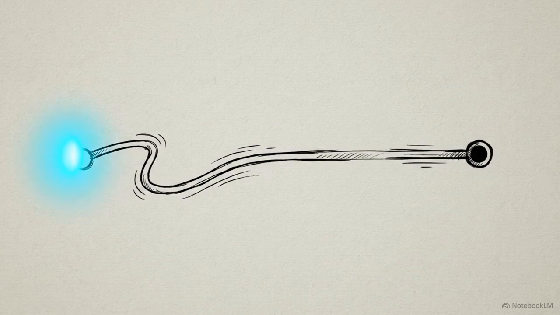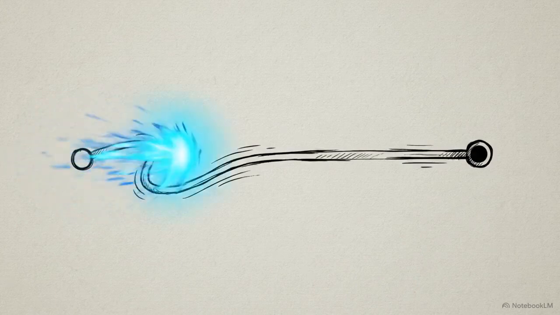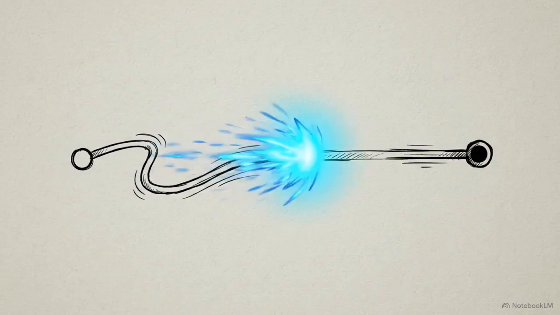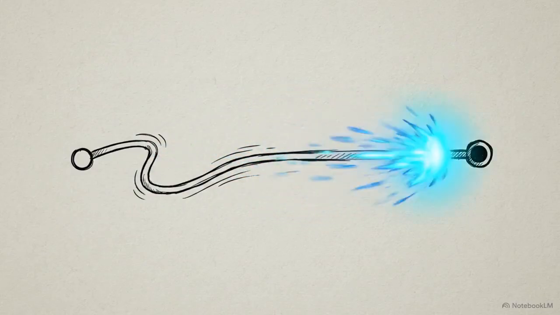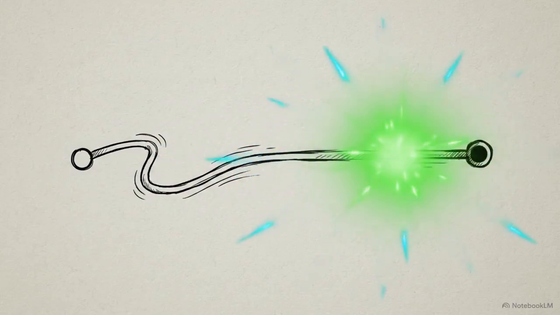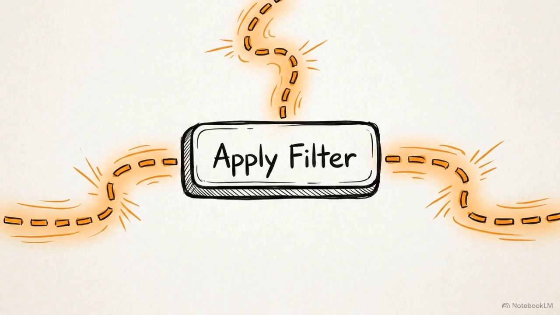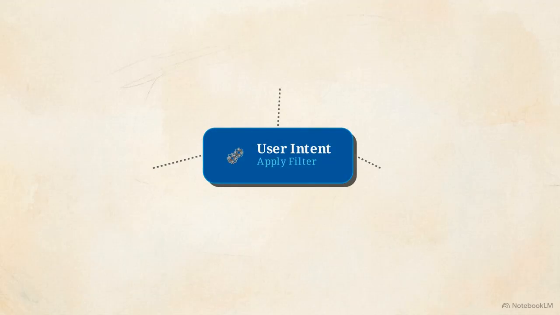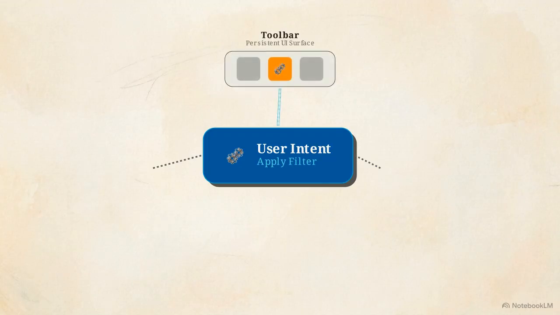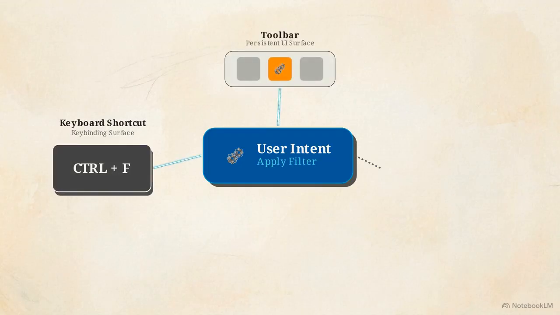For years, front-end development operated on a simple one-to-one relationship. A user clicked a button in the UI, and the application executed the intent. Today, that single user intent has to be reachable from multiple places. Users expect to trigger that exact same filter operation from a dedicated toolbar, a custom keyboard shortcut, and a searchable